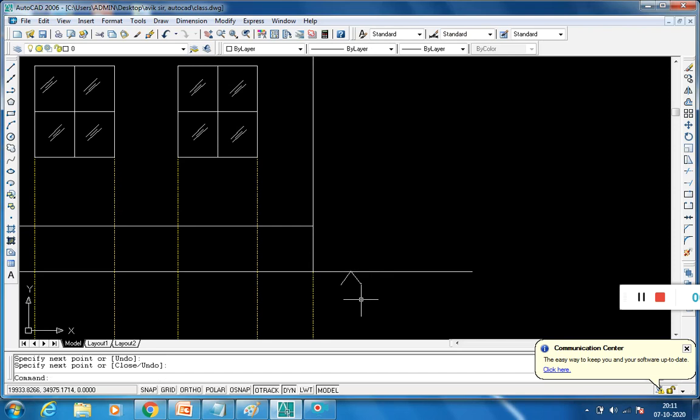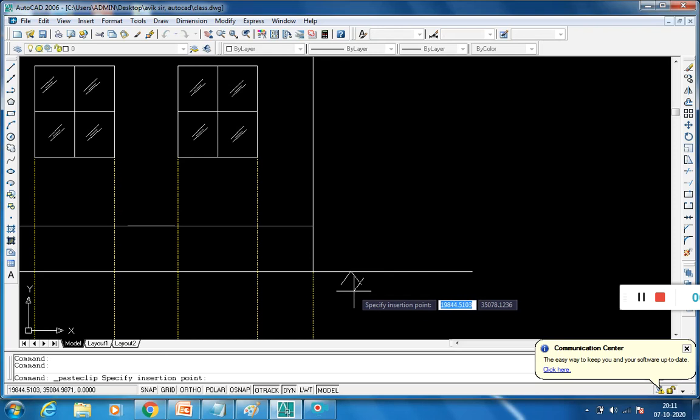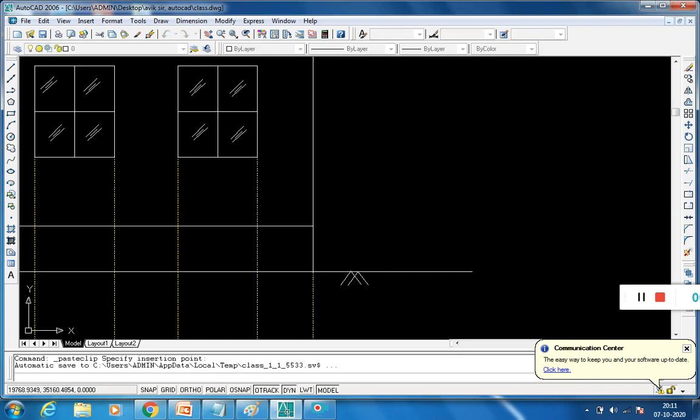Okay, so these two things I copy, Control C. First you select, then you copy, and press Control V. Okay.